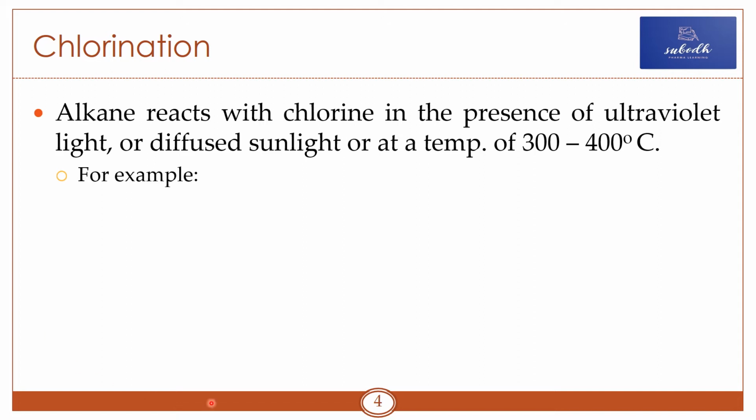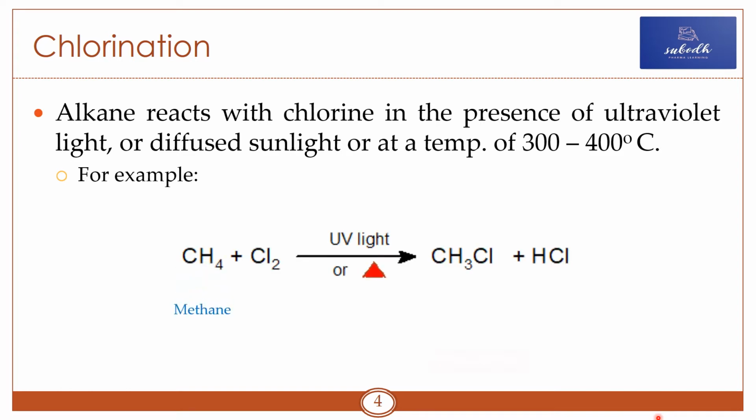For example, methane reacts with chlorine to give methyl chloride and hydrochloric acid. The reaction does not stop at this stage. The remaining three hydrogens of methyl chloride can be replaced by chlorine atoms